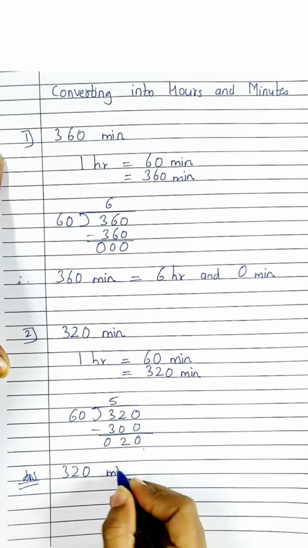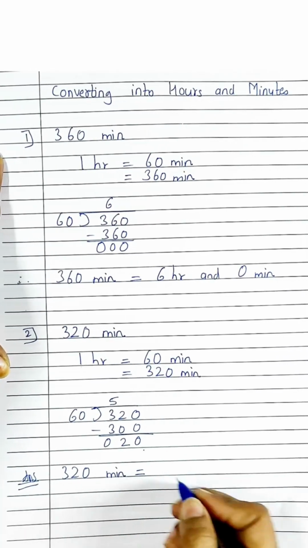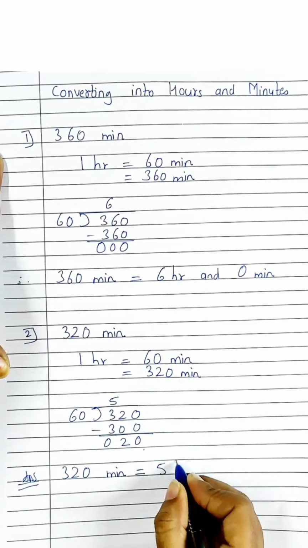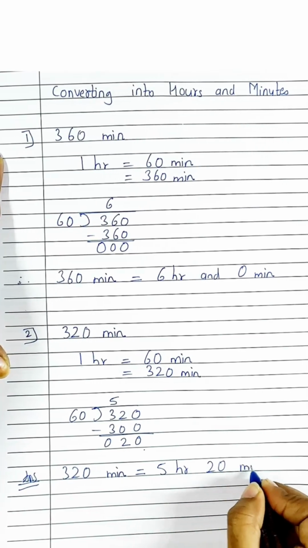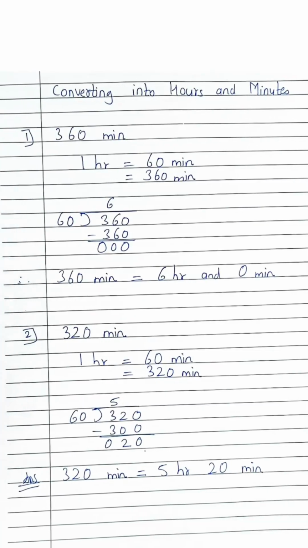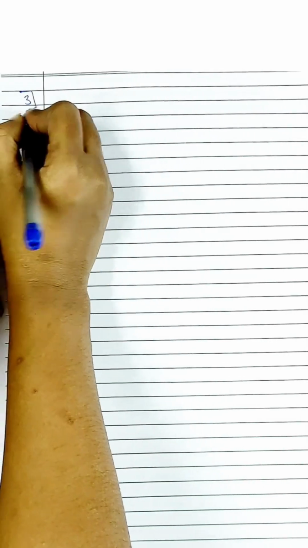320 minute is equals to what? 5 hours 20 minutes. Let us solve next sum. For example,